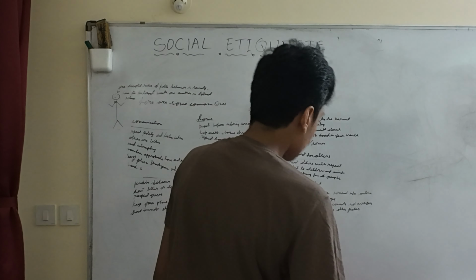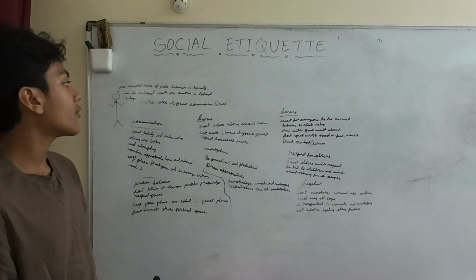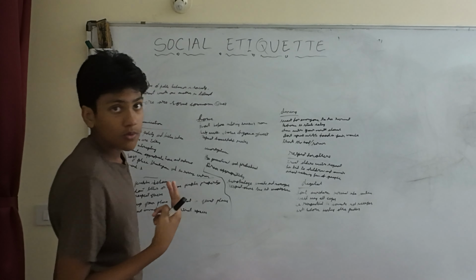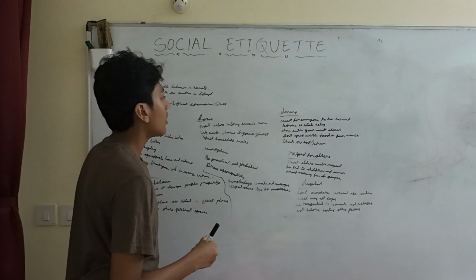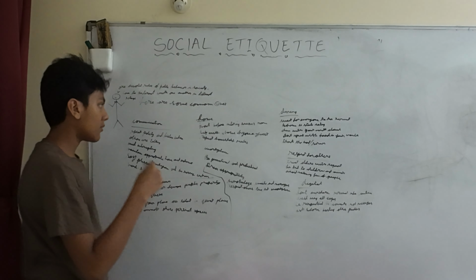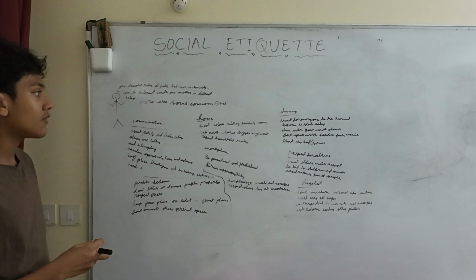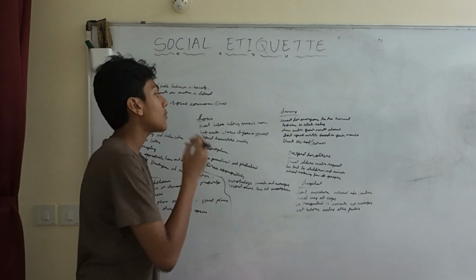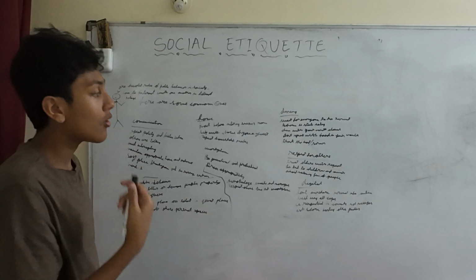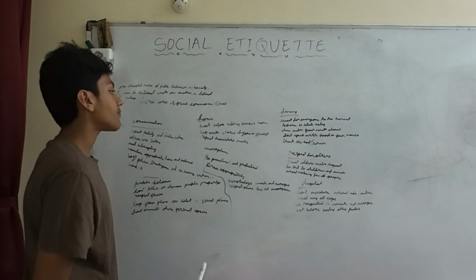Another set of etiquettes is dining etiquette. Some examples of dining etiquette include waiting before eating, so don't eat until everyone has been served, okay? Chew with your mouth closed, don't speak with food in your mouth, and thank the host or the servers. Always be respectful to them.